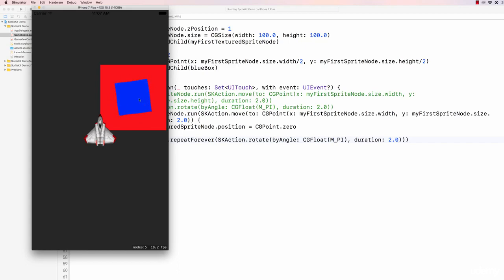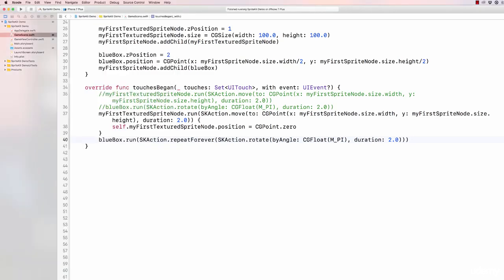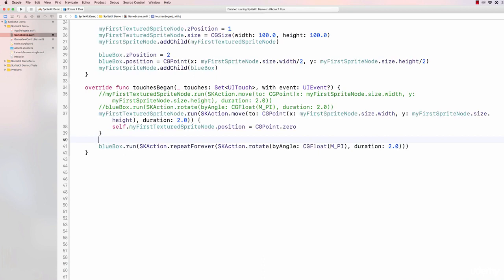What would be interesting now is how we can remove actions from sprite nodes if we decide that we don't need them anymore. For example, if we want to stop the rotation of our blue box right here. To achieve this, we will now begin by checking for running actions on a node, and if so, stopping them. Or better yet,